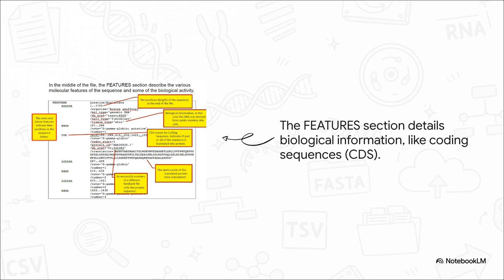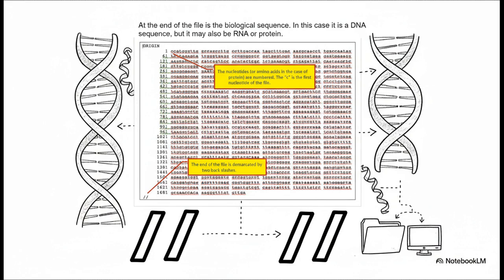It even provides the translated amino acid sequence right there in the file. This is what lets you connect the gene to its final product, and it's what makes this format so incredibly valuable. And then finally, after all of that rich annotation, you get down to the origin section. This is where the actual sequence itself lives, often with numbers on the side for easy reference. The whole record then ends with 2 forward slashes, which is just a signal to any program that this entry